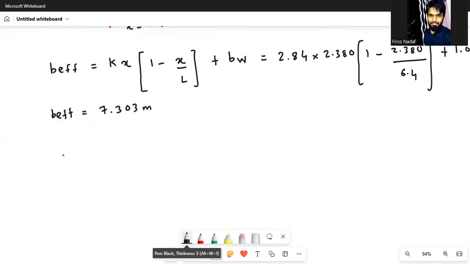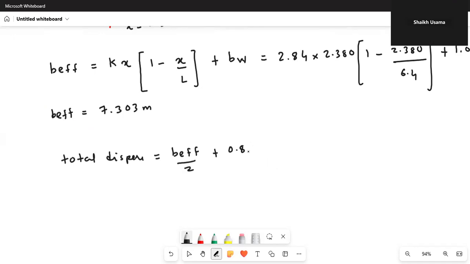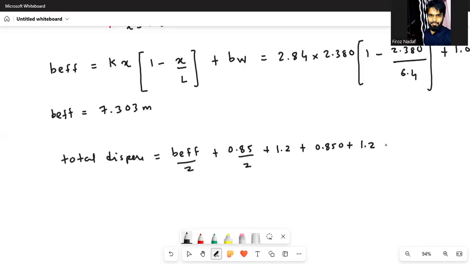Total dispersion is B effective by 2 plus, anyone can tell me what it will come? Plus 0.85 by 2 plus 1.2 plus 0.85 plus margin 1.2 plus footpath 1 meter. So this is the total dispersion that you will be getting. The total dispersion for shear force will be